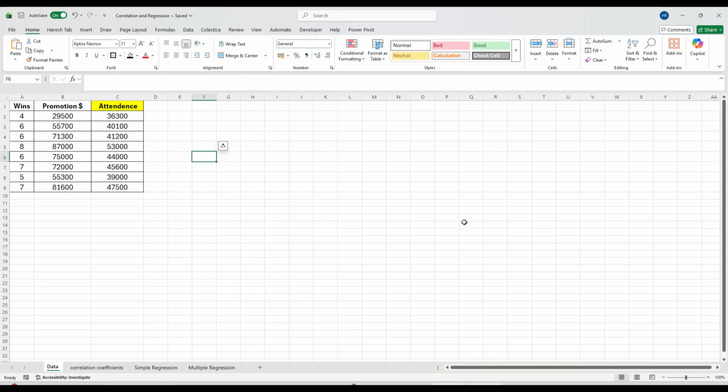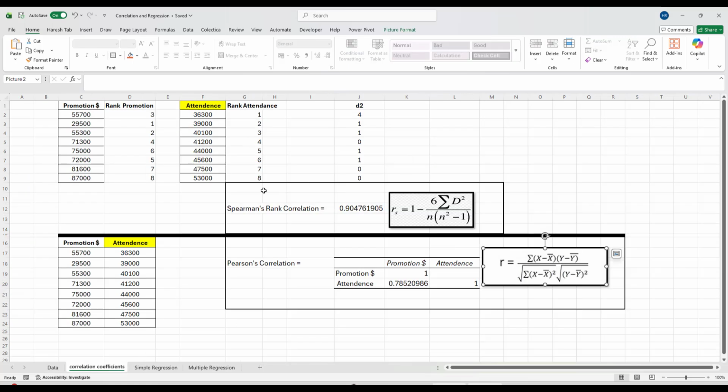So we have three parameters here: wins, promotion and attendance. And obviously attendance for the upcoming match is going to be the dependent variable, whereas the previous wins of that club and the promotion which the club is doing on that particular tournament are the two independent variables. So first we'll look at the correlation coefficients. So to start with, we have here